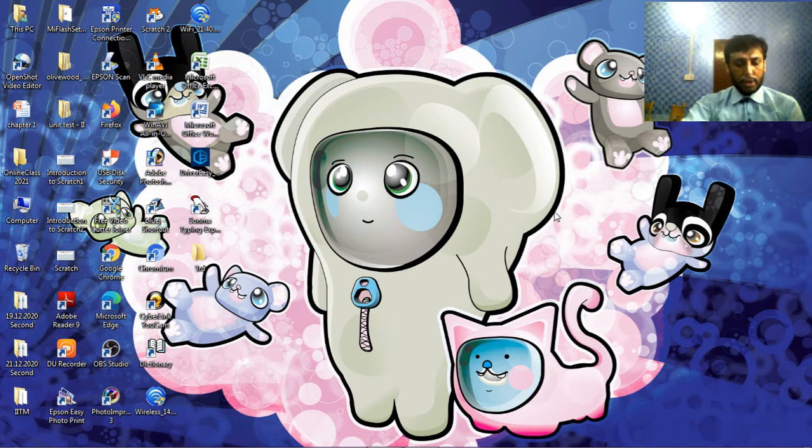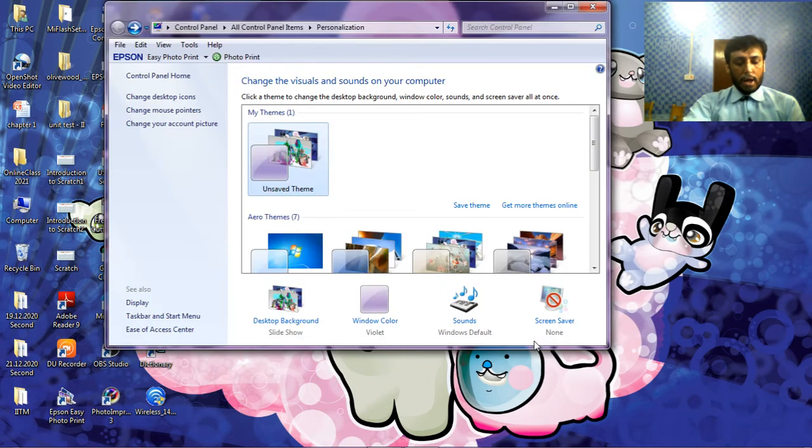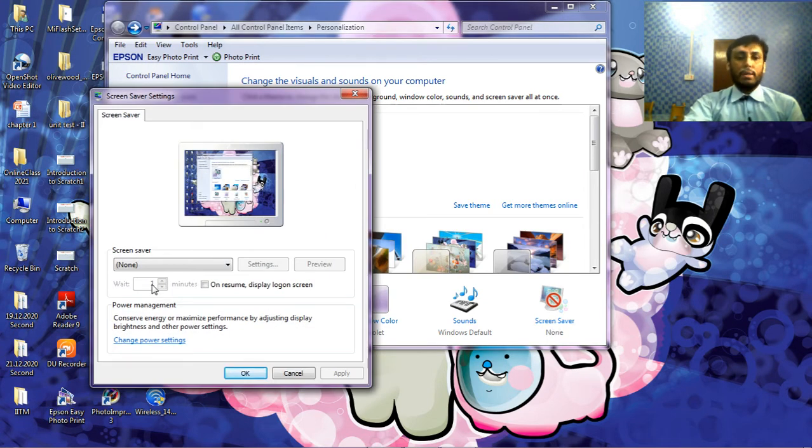Same thing, right click anywhere on the blank area of the desktop and choose the Personalize option, and then in the personalize settings window, just look at this. Right now the screensaver is none, but if you want any screensaver, then you can choose it. Options are given: 3D text, blank, bubbles, mystify, photo.